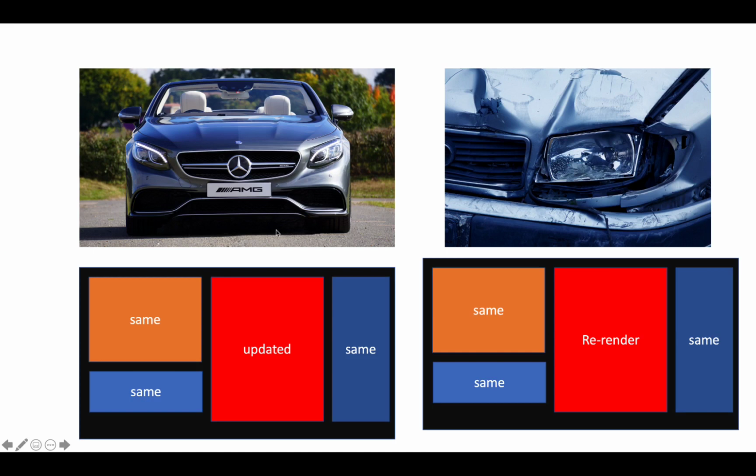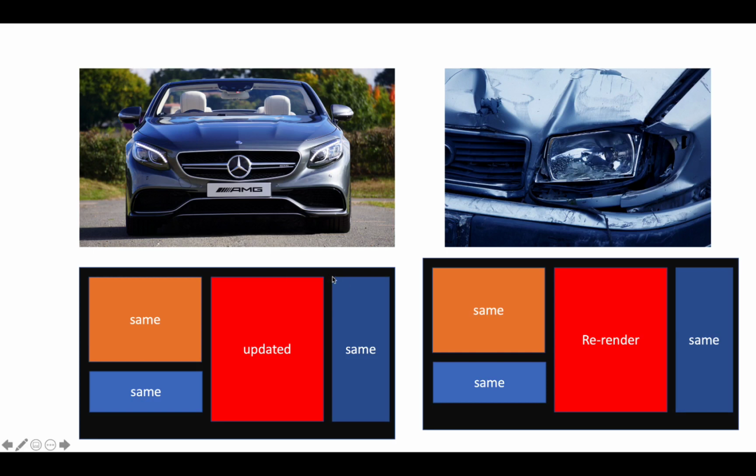Similarly, let's say this is our application here and we have different parts of the application which we have written code for. This is basically part of the DOM. And let's say you have updated a part of the DOM. Now, does it mean that if you update a part of the DOM, it is necessary for you to re-render the entire DOM? This is going to be expensive and time-taking, right?